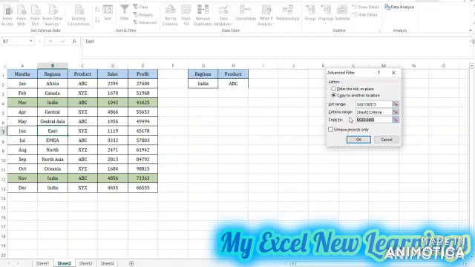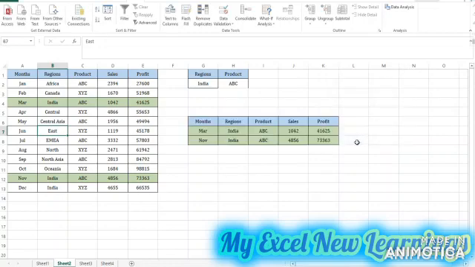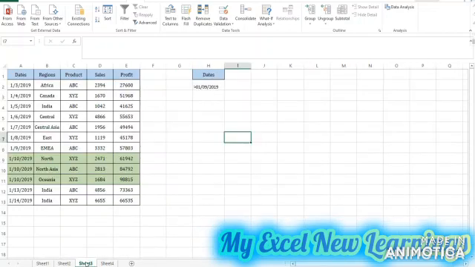So now I want to pull the data. So I want the data should be pasted here. So then I will click OK. So now here you can see for the region India and the product ABC there are 2 records. One is here for the March, the other record is for the November. So it will sort and it will give you the data wherever you want to paste it. So now we will move on to the next one. Here you can use with the greater with the dates or with the greater of the sales or the profit.